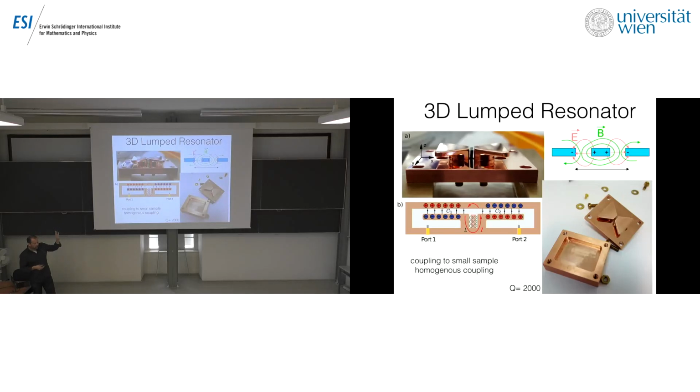So for doing more complicated pulse schemes or readouts going beyond, let's say, the Holstein-Primakoff approximation, this is completely failing. So we came up with a new structure, and it was actually kind of an accident in the lab. The idea was to make a 3D cavity, which you can get from this. It's just a hollow space milled into this piece of material,